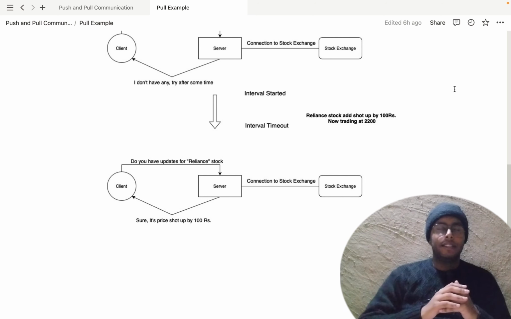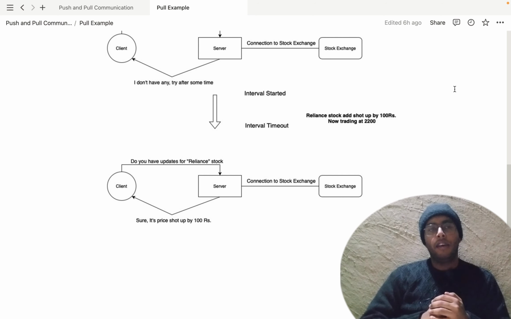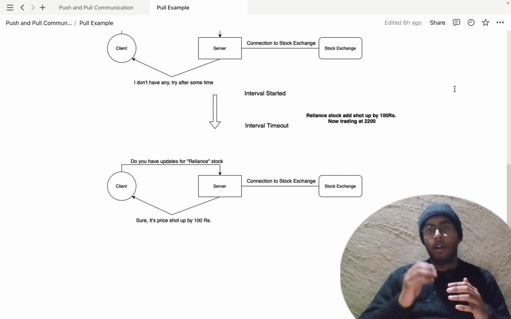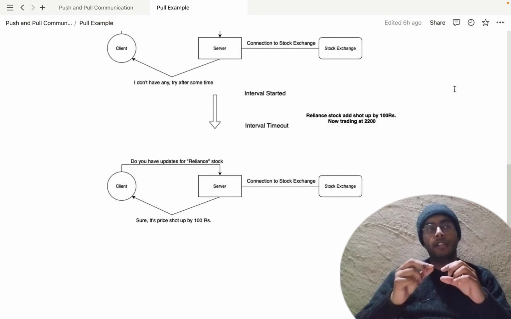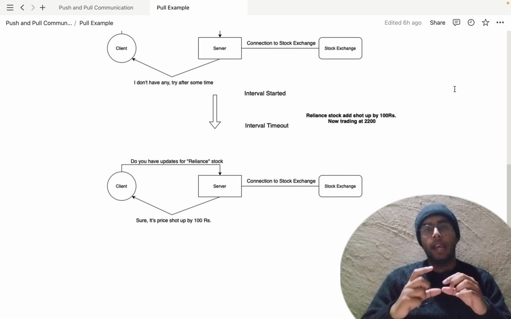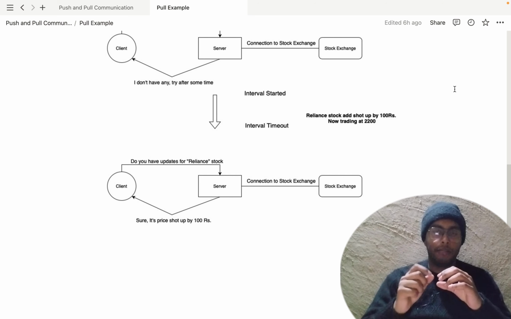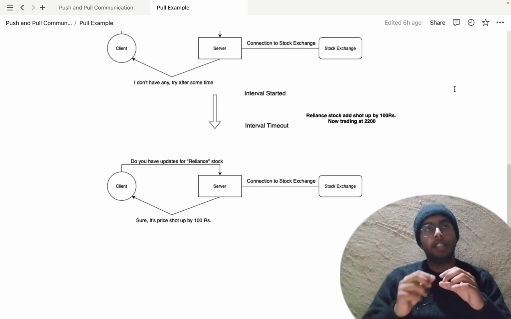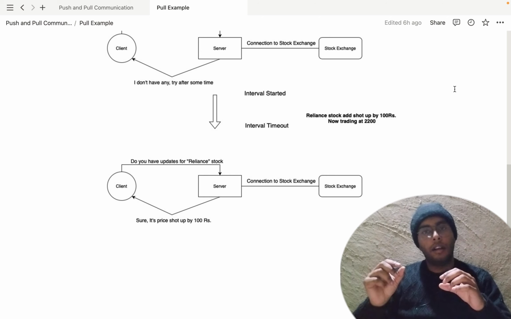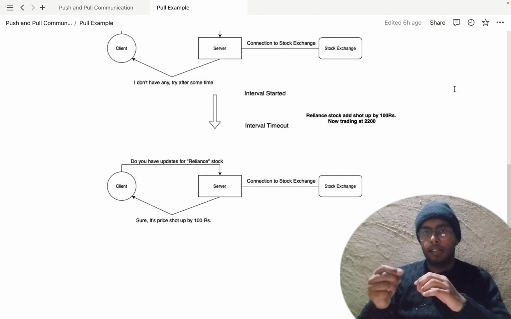But see, in a real business problem, for example, if you are a trader and you want to sell the stock, and the last trading price is now 2200. And let's say your interval is quite big. Let's say your interval is 1 minute, so you are not going to get any updates in 1 minute of time span. And let's say on the 20th second after your HTTP call, the server's price shot up to 2200. Now that is the price at which you can sell it,